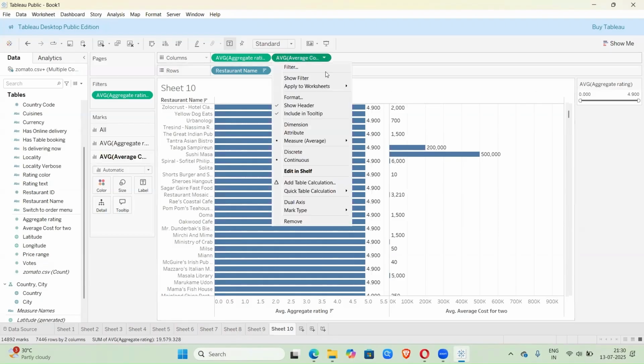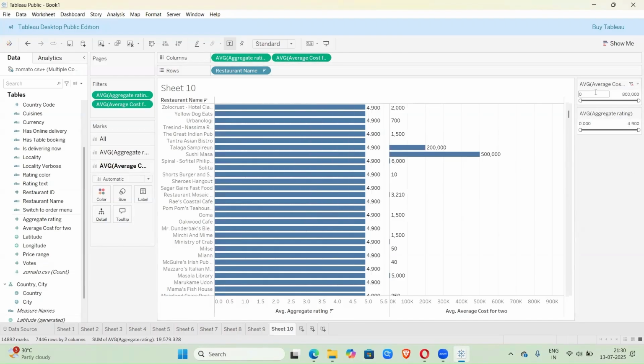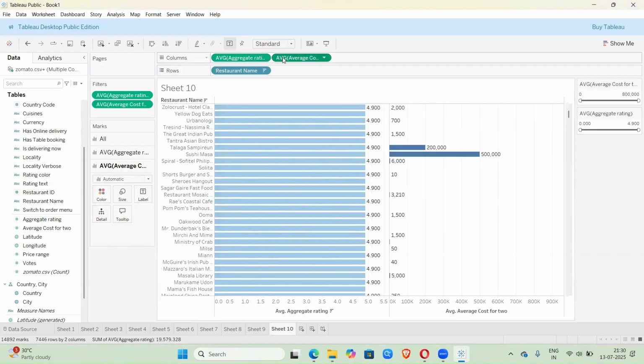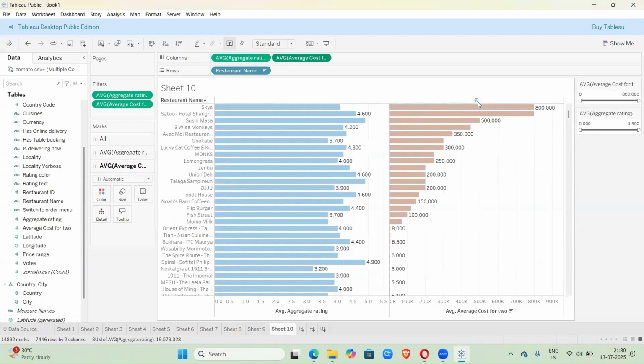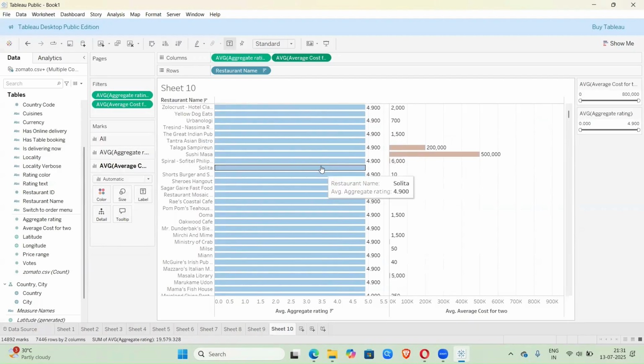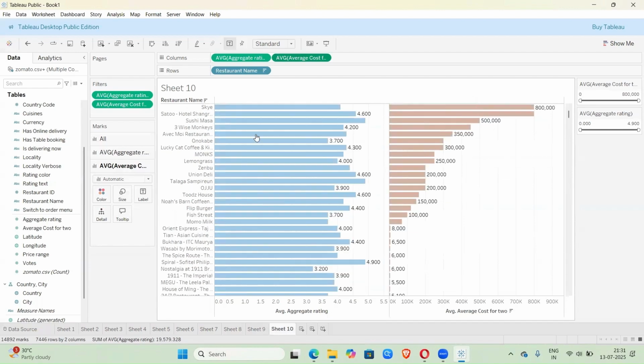And if you wish to have a filter for this, yes, you can have a filter for your average cost as well. Okay. For differentiation, I'll click here on this capsule, click on color, choose light blue. And for average cost, I'll click on it, click on color, and I'll choose light brown. If I click this icon here, it gets sorted in descending order based on the average cost. If I do it over here, it gets sorted in descending order for the rating. Okay. So let's base it on the average cost and we'll